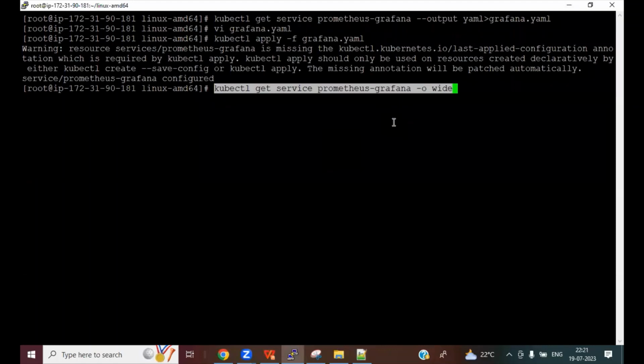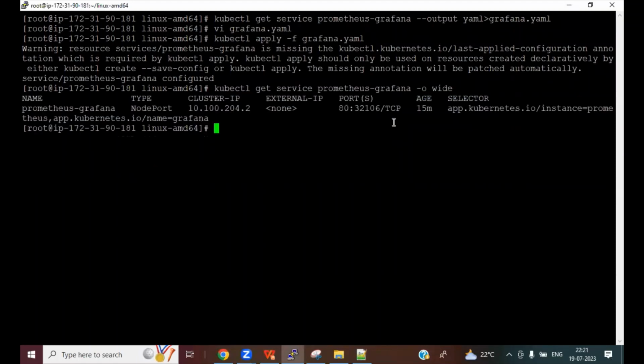What is the node port that it has exposed? You can see here, this is the cluster IP that it is showing, and the node port is 32106. Internally at the cluster level, it is running the application on port 80, but for the outside world,